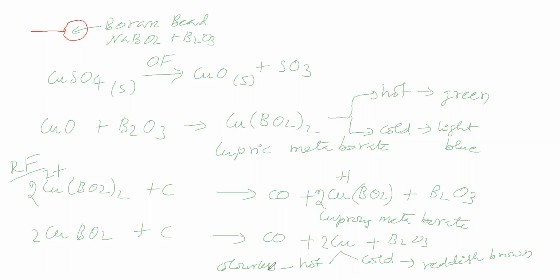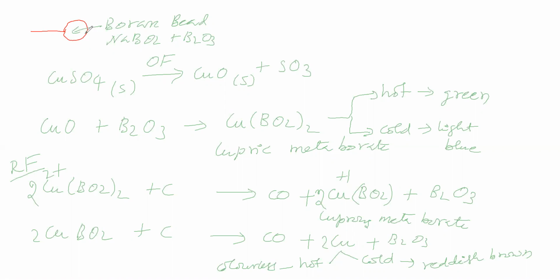So a copper salt will show a test like this. In this copper sulfate salt, how it shows the borax bead test, that we will see. We are taking a borax bead in the loop. In the platinum loop the borax bead is there, in hot condition. This hot loop is placed in the copper sulfate salt. Copper sulfate clings to the loop because of the hot condition.